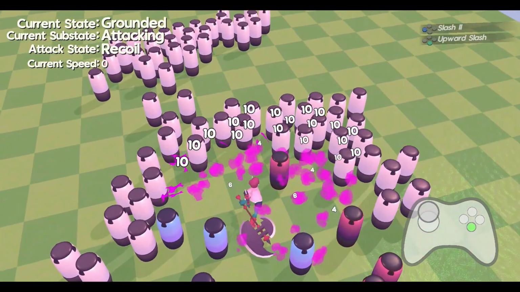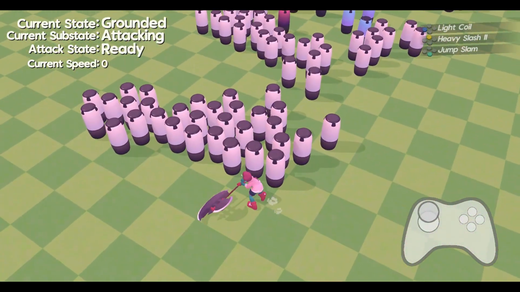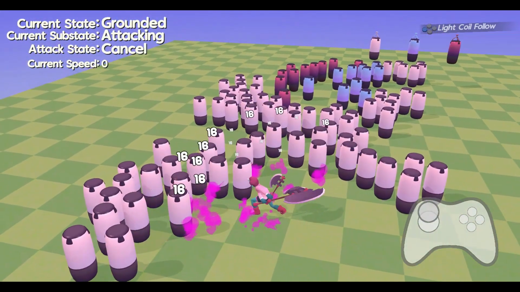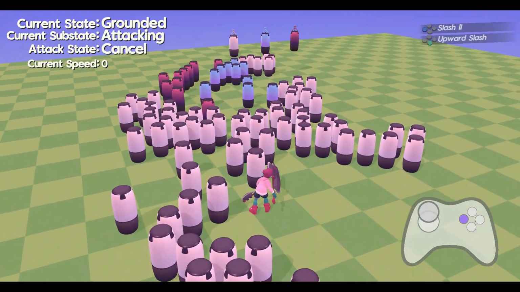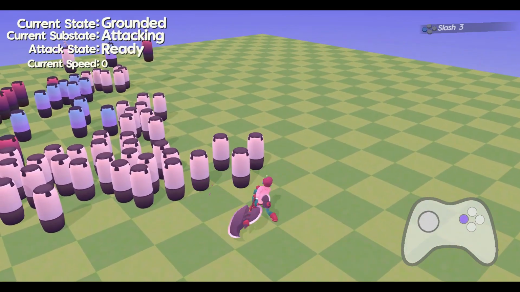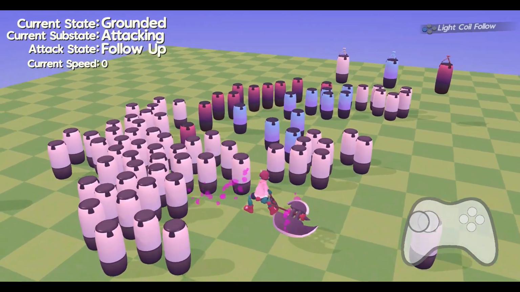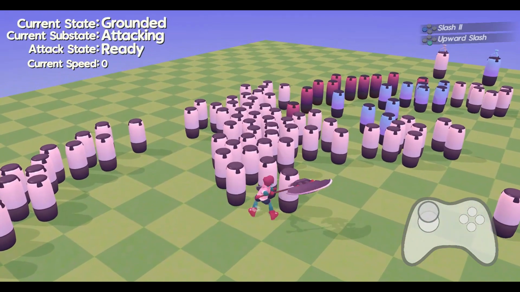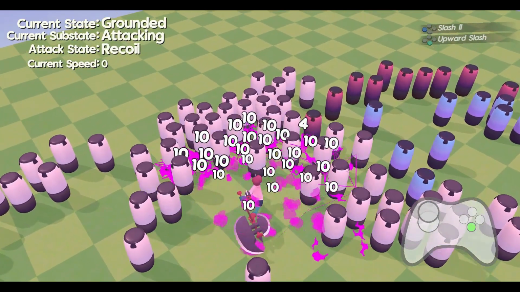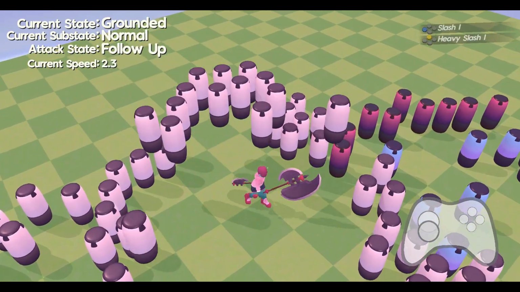But the main one that I will give as an example is the light coil attack, the one where you spin around and then slash the enemy, which has two different attacks and then it hits the enemy. The issue with this, if the enemy already has a lot of knockback build up, or they've already been knocked back a lot and are going to be pushed back really far, is that the first attack is going to knock them back out of the range of the second follow-up two attacks. So because of this, I have to have different knockback collision amounts and also different knockback collision types. Meaning that knockback collision is now a state system, a substate system.